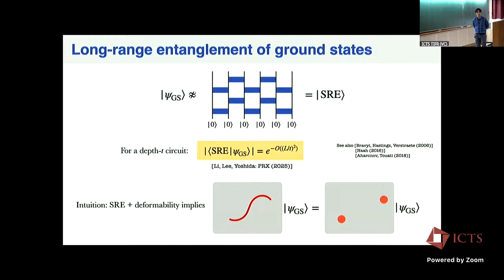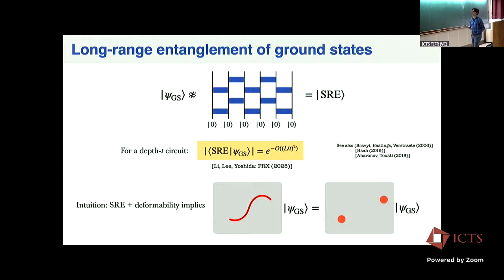So I mentioned long-range entanglement before. Now I can define what I mean by this. It's most easily defined by what it isn't, which is a short-range entangled state. A short-range entangled state is something that I can prepare in the following way. I take a trivial initial state, some completely uncorrelated state. And then I evolve this uncorrelated state with a local Hamiltonian for some finite amount of time.